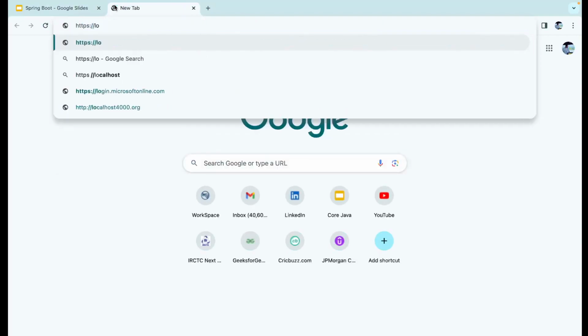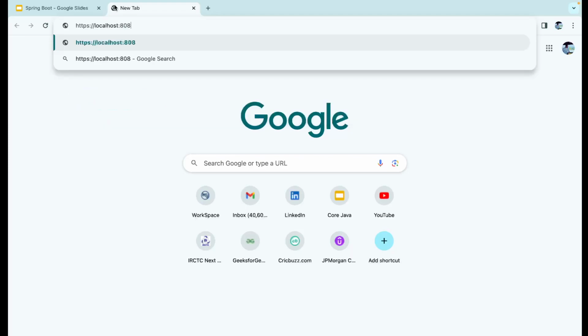Let's say your server is running on your local system, so your URL would be something like this. And let's say your server is running on some port. So when you write your URLs, you will be mentioning your server. Localhost is basically your IP address, and this is your port. And let's say your service is something like employee service,